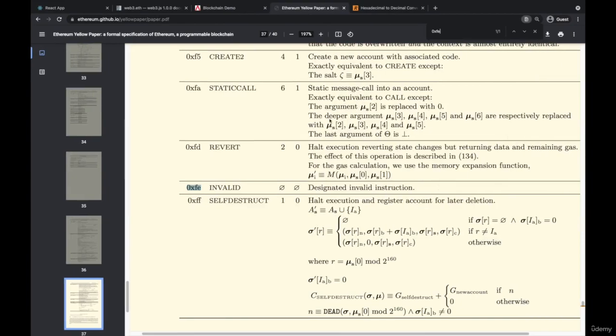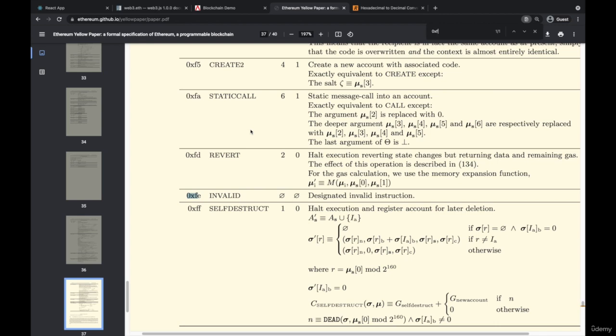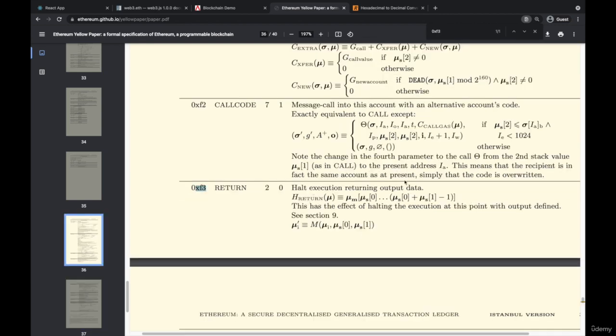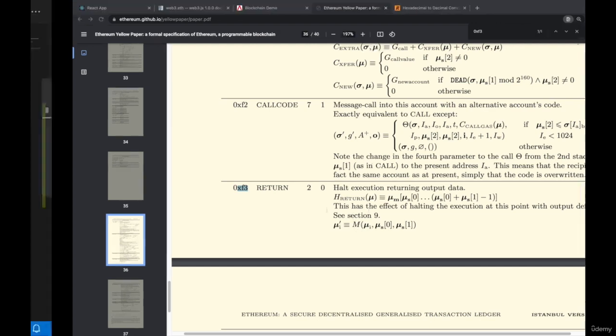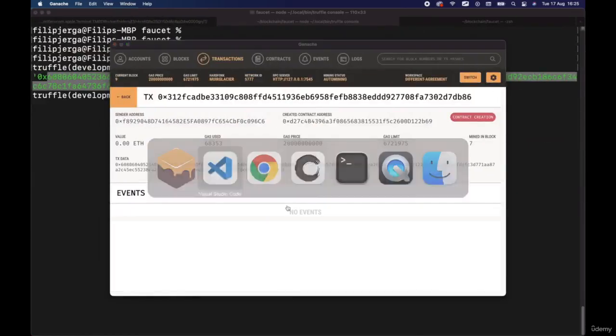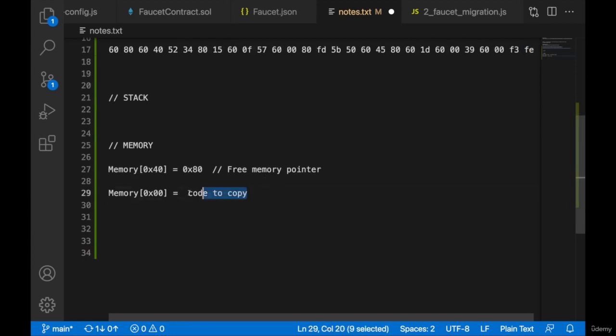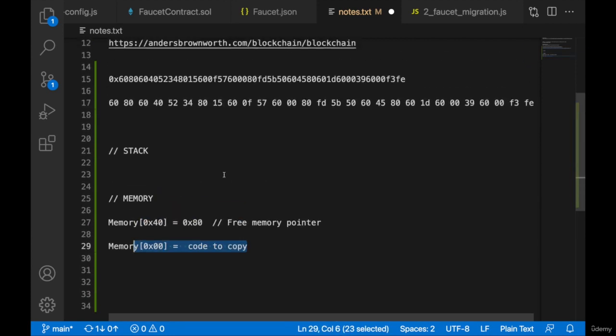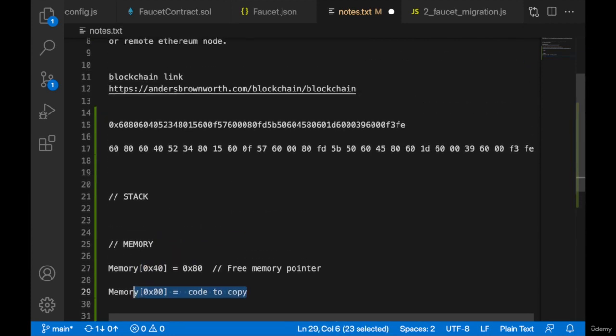F3 was return, and this will get you the output data from memory. So this will be basically your entire bytecode, what you have copied. The code to copy you will return, and that's what's going to be deployed to